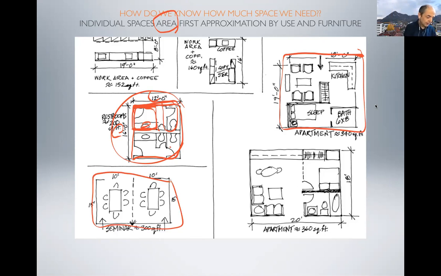So you know the space you need for a table, you need the space to move around. So the minimum space for a seminar room, you might change that and you may adjust. But this kind of checking with furniture, abstract spaces, will give you an idea on how much space you need for each. And you have kind of an image. Also, probably in the end, you do it totally different. So this kind of checking